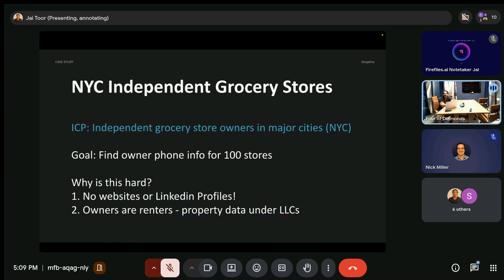And then the other way that people historically tried to solve this is that real estate has this problem where you might want to know who owns the building, and then that building owner is an LLC, but whoever owns the building might be the person that you want. So there's ways to map a property record to a person, and that works for other use cases, but wouldn't work for this one because most of the time the owners of the property are not the same as the owner of the grocery store.